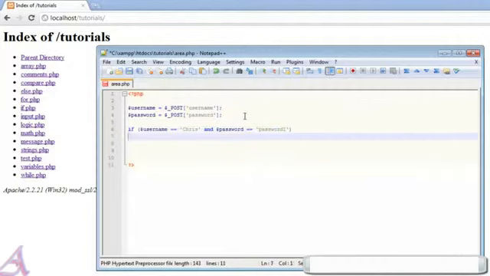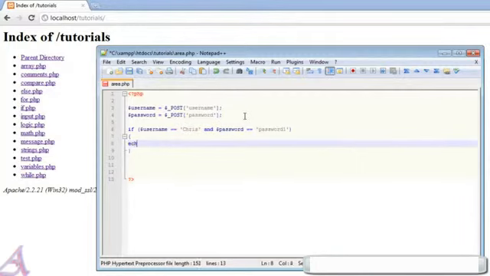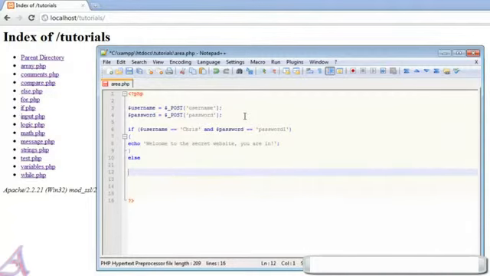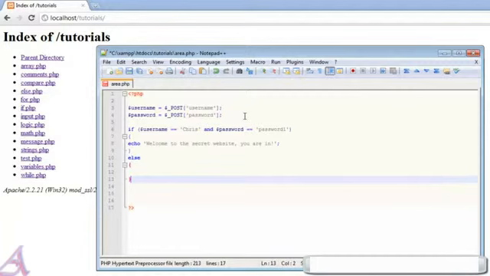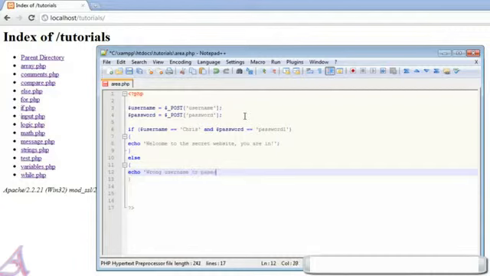Then what we're going to do is output the following code, and we're going to say echo welcome to the secret website you are in. And if the username or password is wrong, just a simple else,